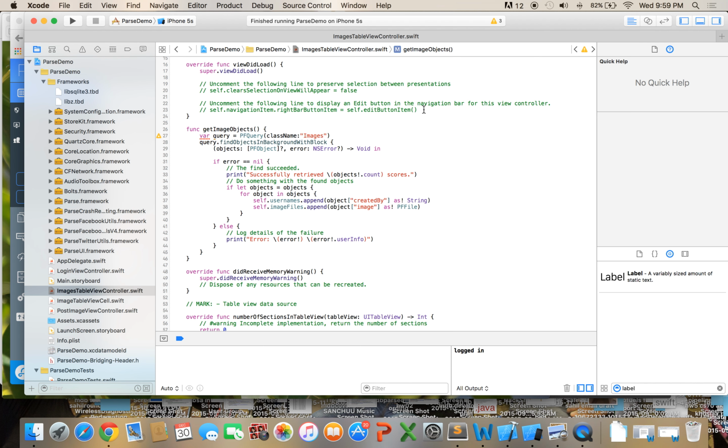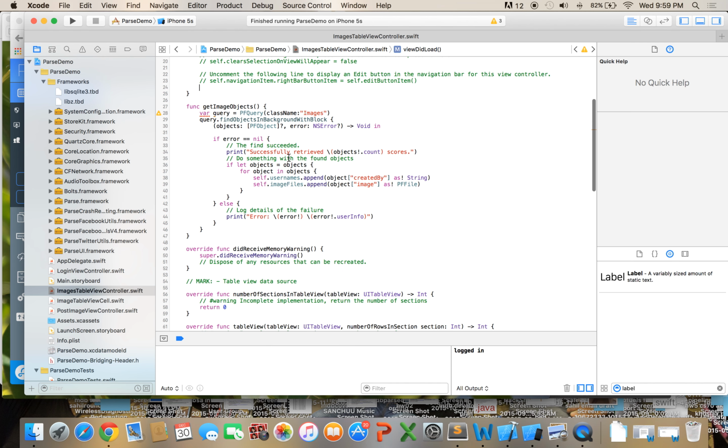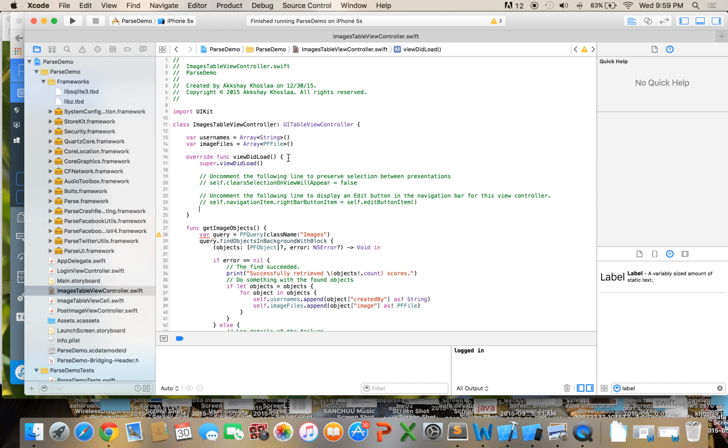So when do we want to call this? We want to call this when the view controller is loaded. So we will put a function call for this in our viewDidLoad. If you guys have ever done any Java programming, viewDidLoad for Swift is sort of like the public static void main for Java. So we'll say getImageObjects in here, and now that we've gotten the image objects,